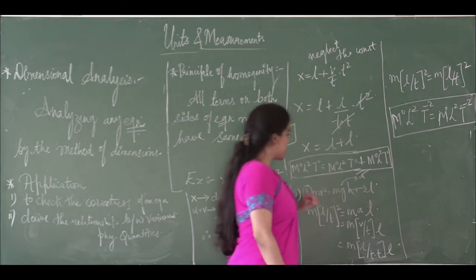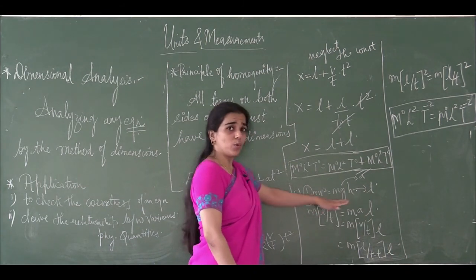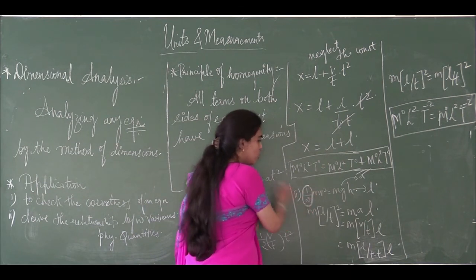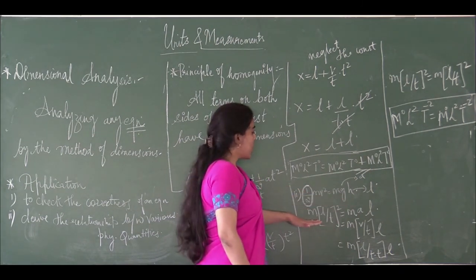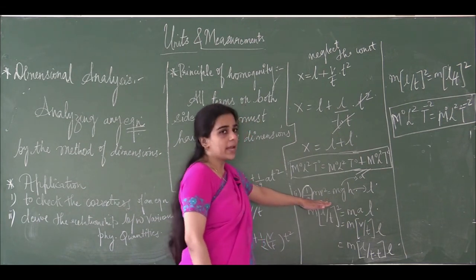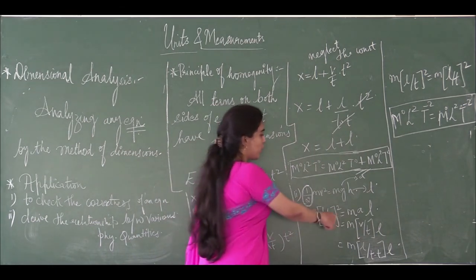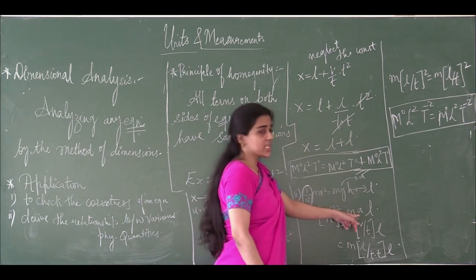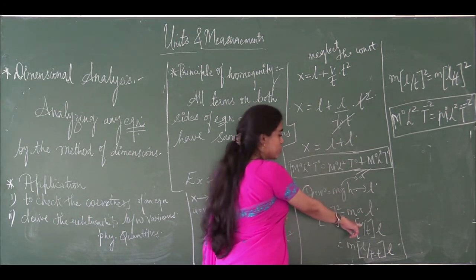In a similar way, let us also consider one more example: the equation half mv square is equal to mgh. Again we are neglecting the half, which is the constant value, and we will consider only mv square is equal to mgh. So m can be written as it is. Then velocity square: we know that velocity is L by t, so we write it as L by t whole square, which is equal to mass into g, the acceleration due to gravity, rewritten as a, then h is height, which is in terms of length, so we rewrite it as length.